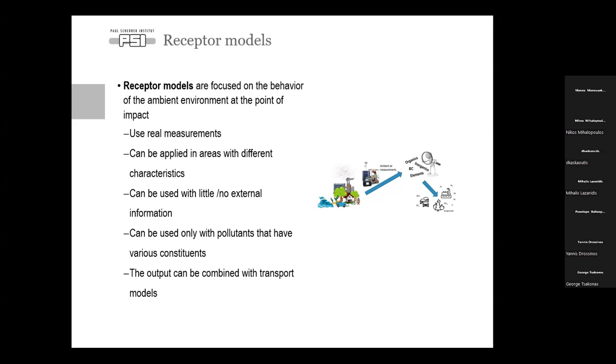We can use receptor models only with pollutants that have various constituents, which means that if we do not have chemical information that we can use to characterize the different emissions from different sources, then we simply do not have what is necessary to apply this type of model. And we can combine the output with whatever other type of models we can use.